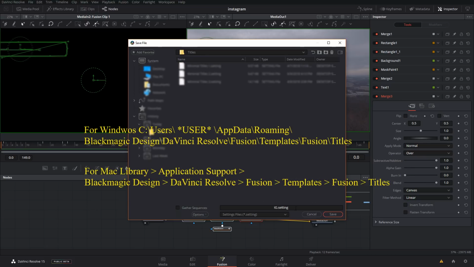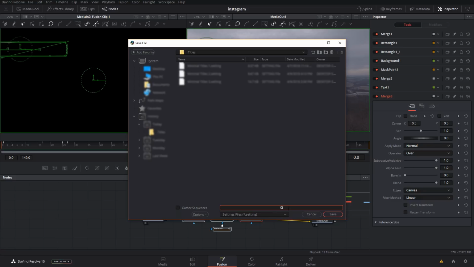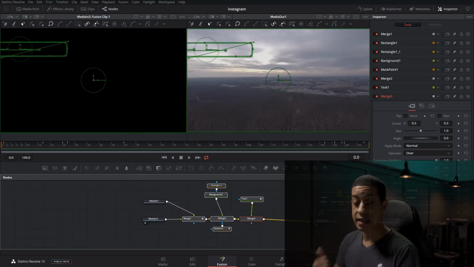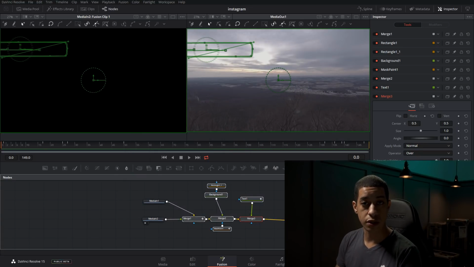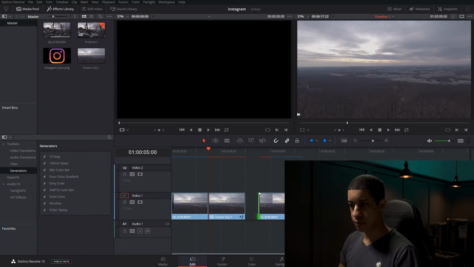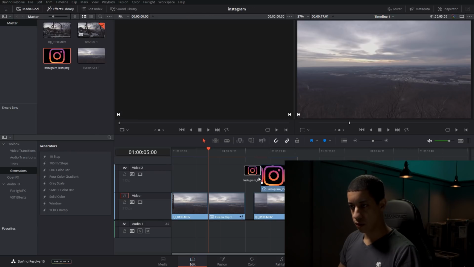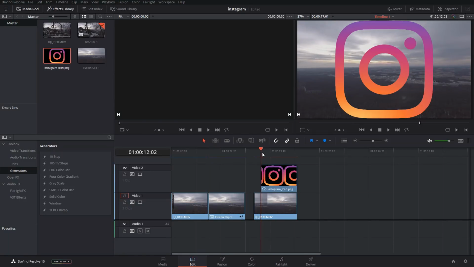So then once you're in here, you can just type in down here anything you want. So I can just put in, let's say IG. Now that it's saved, once you restart DaVinci, you'll have those in there. So I'm gonna restart quick and show you how to get into it. Let's say that we had another little clip right here that we were going to add it into. We're just going to drop our logo in,